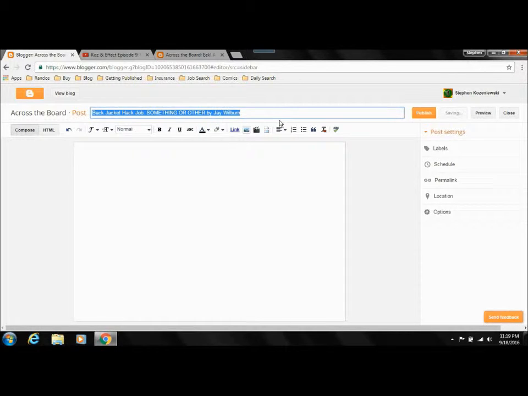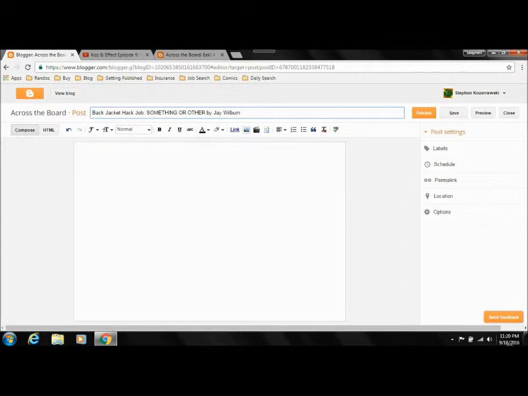So here's where you enter the title of the post. And over here, you don't want to click any of these buttons yet. You definitely don't want to push publish. You don't want to push publish until you're done and you're ready to go. And if we pushed publish right now, it would post right now, which, as you can see in our little